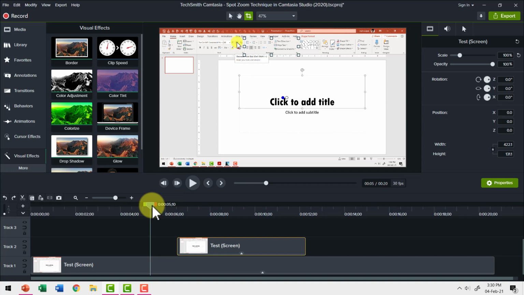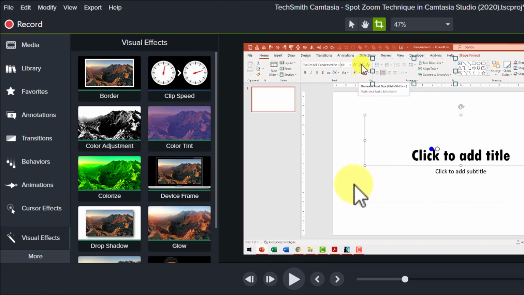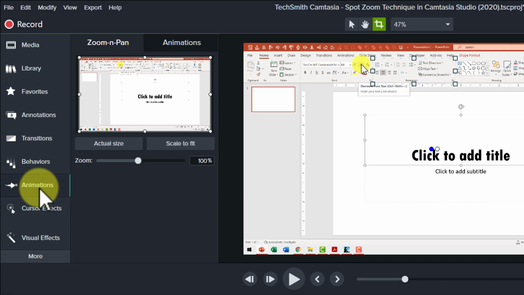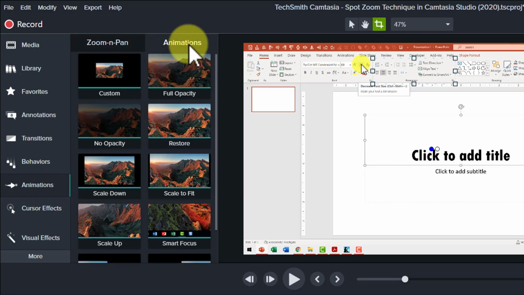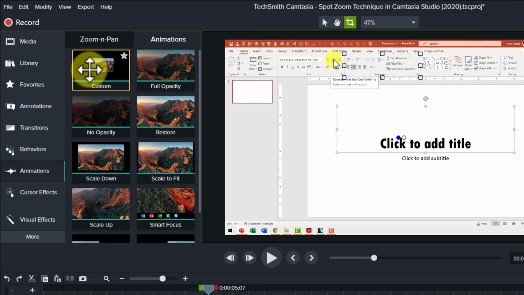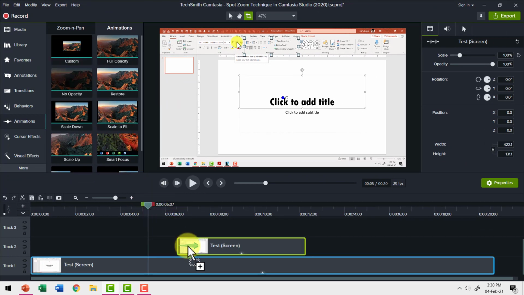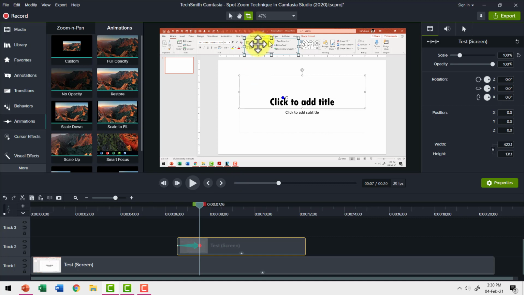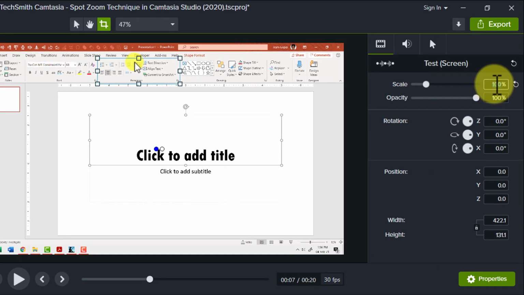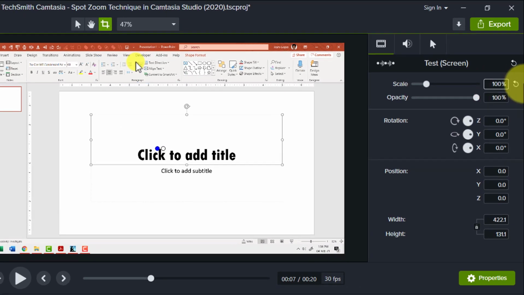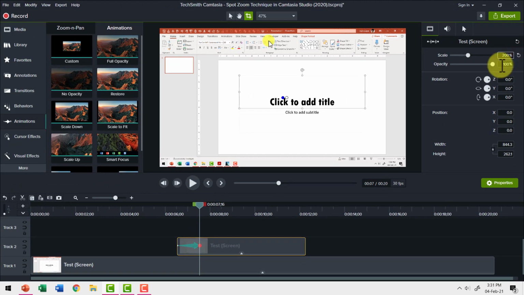We are going to use a simple custom animation. Now to go to animations, click on this option here called animations. And then go to the animations tab. We are going to use custom. So let us select custom and drag it onto the clip that we had duplicated and cropped. Now at this point, I want this portion to scale to 200%. You can see here, my playhead is on that red circle here. Now let us go to scale and say 200% and hit enter. Now as soon as I did that, you can see that the portion that I had highlighted is not even there on the screen, and that is because it has moved off the screen.